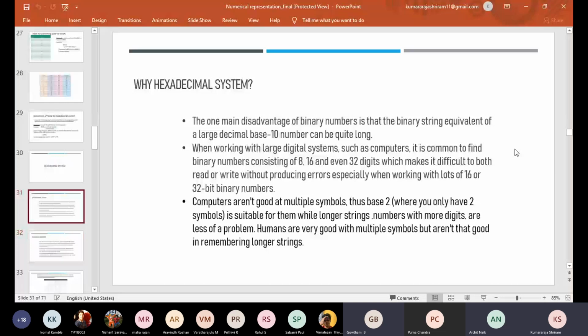So it's really large. In fact, for every increase in the digit of the decimal number system, you'll find an increase of 3 bits in the binary. So this is a really large difference. Working with these bits of binary numbers makes it difficult, and it's hard to avoid and reduce errors. Not only that, we humans are not good at remembering very large numbers. So that makes us find a new system, that is hexadecimal.